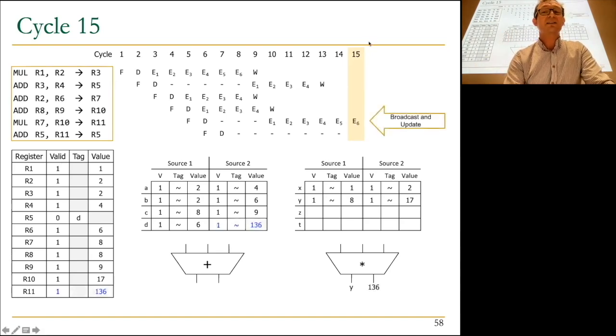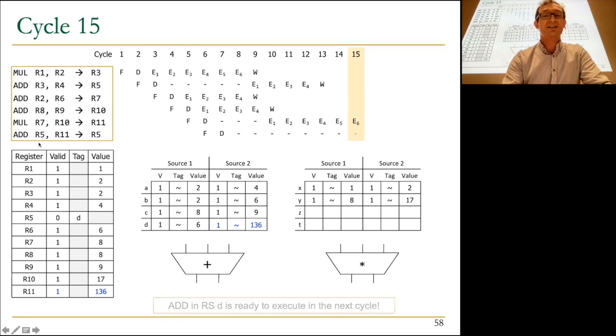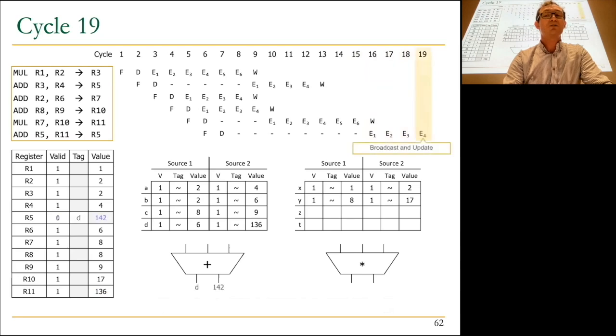And for example, here in cycle 15, this multiply finally broadcasts its tag, Y, and the value 136, and everybody who's waiting for Y and 136 captures it. And now this instruction becomes ready to execute over here. If you follow its execution, eventually it broadcasts its tag in cycle 19, and the tag is D, and